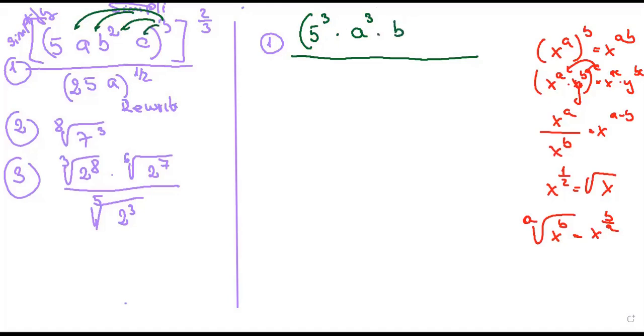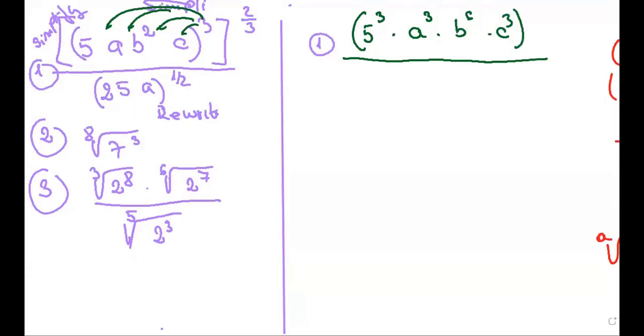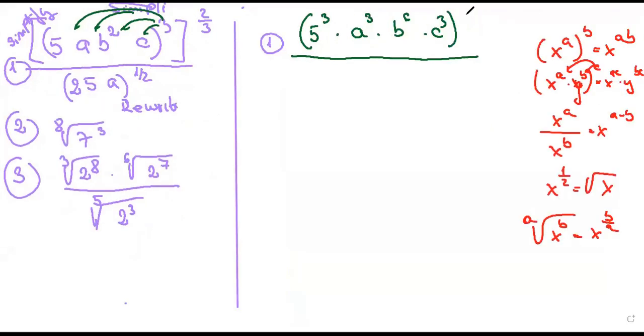Times B to the power of 2 times 3 is 6. Do you understand? Yes. Times C to the power of 3, everything to the power of 2 over 3. Then we have 25 to the power of 1 over 2 times A to the power of 1 over 2, equal